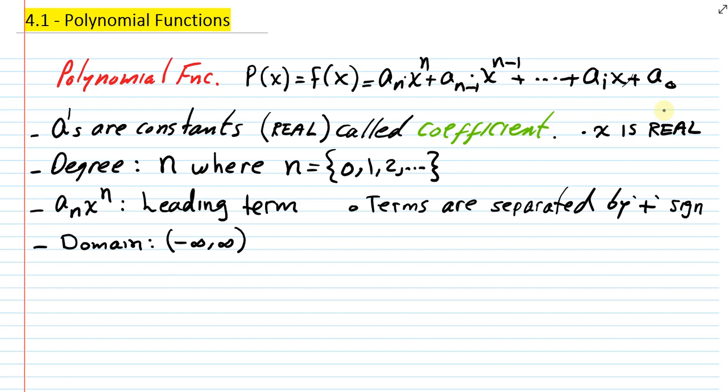Meaning the values of the variables can assume all real numbers on the number line. And so are the a's, and not all a's are 0. If all a's are zeros, you get f of x equals 0, which is the trivial polynomial